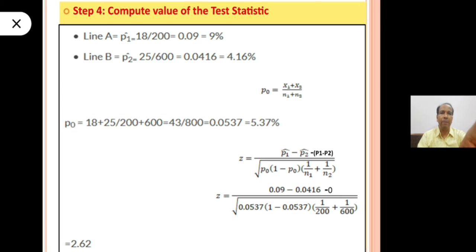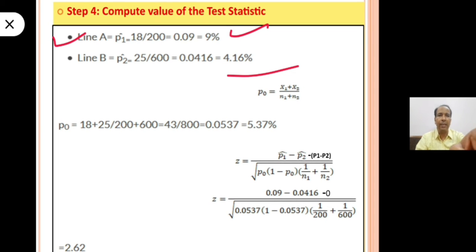Here P1 hat is x1 upon n1, that is 18 upon 200, that gives you 9% or 0.09. P2 hat is 25 upon 600 because there the defects were 25 out of 600 cars checked. So 25 upon 600, that value is 0.0416. So the line B value P2 hat is